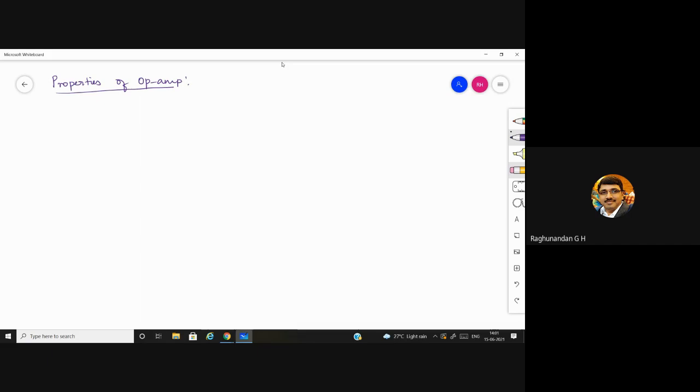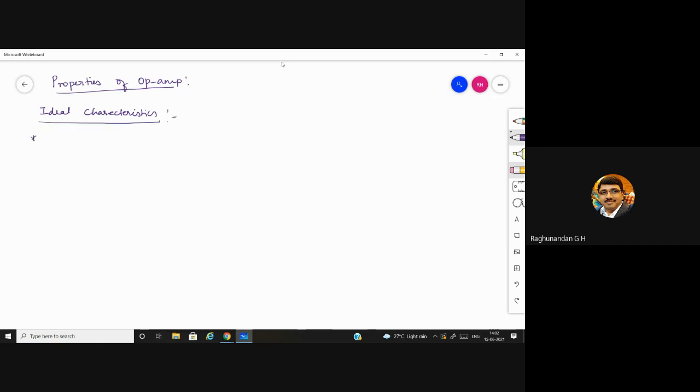But just to know the difference between the ideal and the practical characteristics, we are going to study both of them. And also in the exam, they can ask you to list the ideal characteristics of an op amp or list the practical characteristics of op amp. And sometimes they'll ask you to list the practical characteristics of op amp with their values. Then you need to indicate each of the individual parameters' values. In this, the first one is the ideal characteristics.